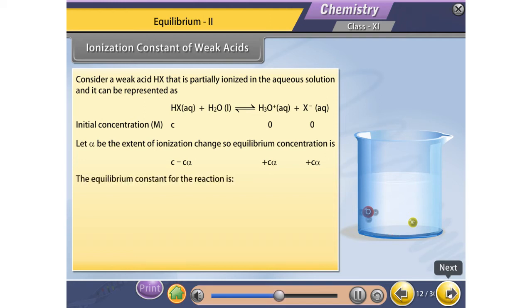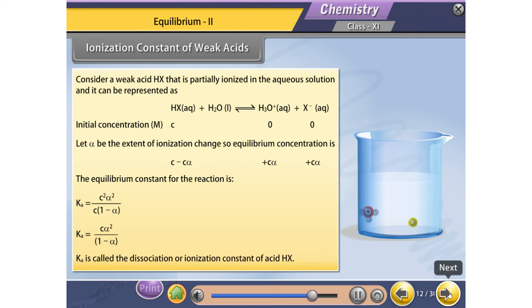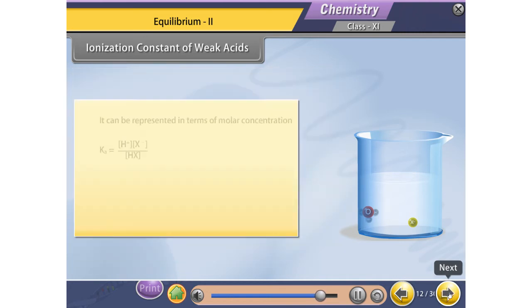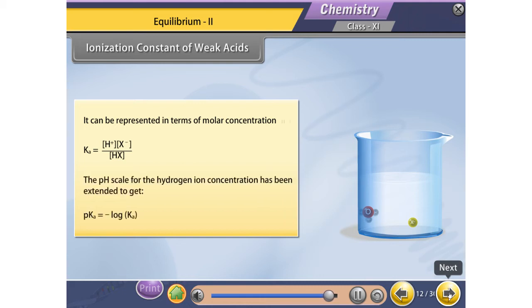The equilibrium constant for the reaction is Ka equals C squared alpha squared by C into 1 minus alpha. Ka equals C alpha squared by 1 minus alpha. Ka is called the dissociation or ionization constant of acid HX. It can be represented in terms of molar concentration. The pH scale for the hydrogen ion concentration has been extended to get